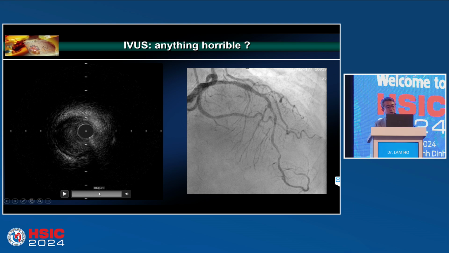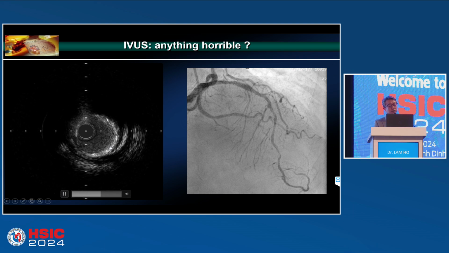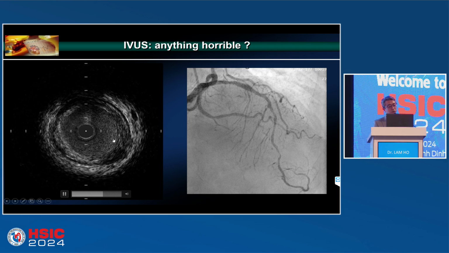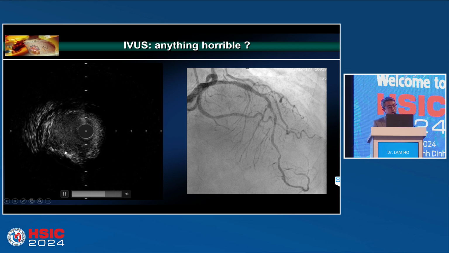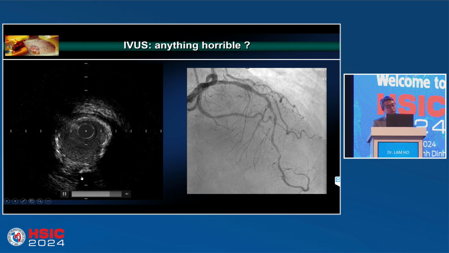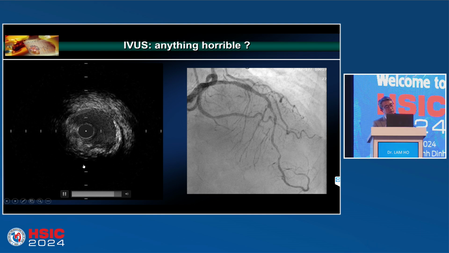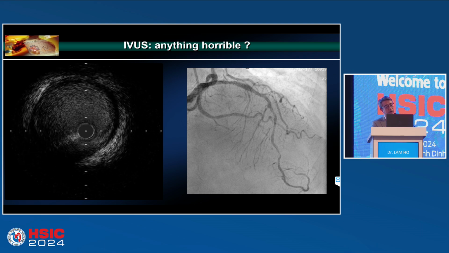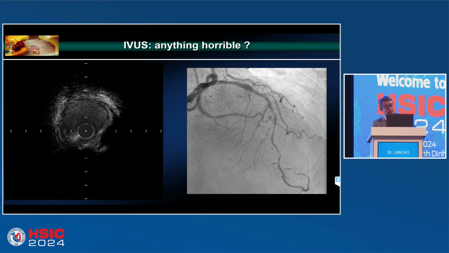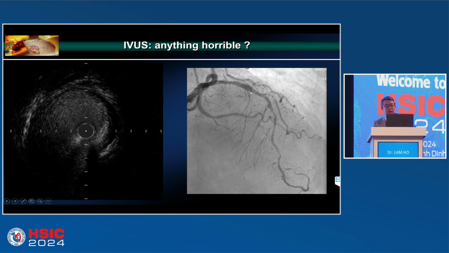So let's see the horrible things again. Now I think you will gain something, and next time if you see a plaque like this in IVUS, you will be very, very careful. Hot plaque rupture, you can see the fat. And then behind the fat, this dark color thing, soft lipid. It's a spectrum. Sometimes some lipid plaques are not that horrible, but some are very liquid and very sticky and could be very horrible. But from the angiogram, you really can see nothing terrible.